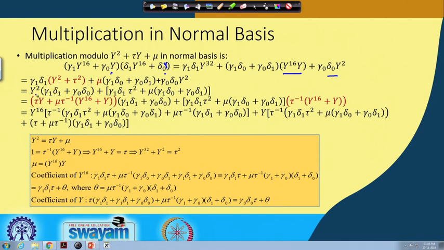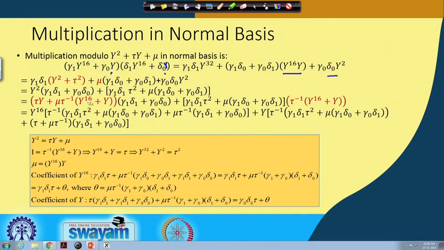What I do is that now I write this in two parts. One is where I have got the y square part. Okay, so the y square is multiplied with gamma 1 delta 1 plus the other term, gamma 0 into delta 0. So this I write in one part, and the other part is the constant term. Okay, so now I do a trick. The trick is I replace 1 wherever there is a constant, and I replace 1 using my simplification which I have just now seen, and that is nothing but writing that as tau inverse multiplied by y to the power of 16 plus y.